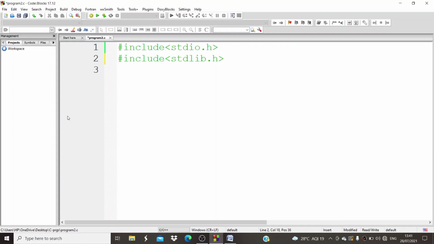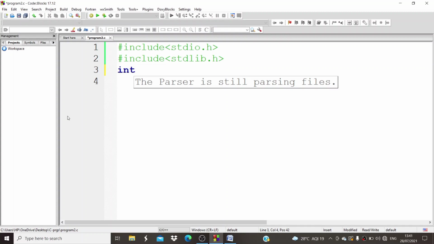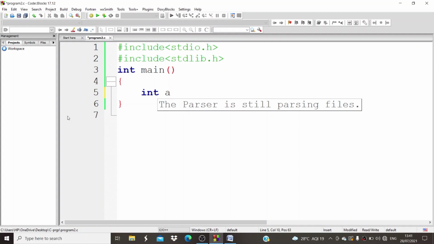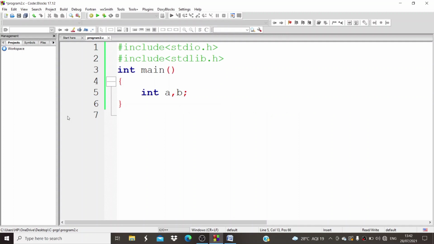It is also one of the header files we have used. As we know, int main, with open and close curly braces. Now I declare int a, b. If you want x, y or any other variables, you can declare those.